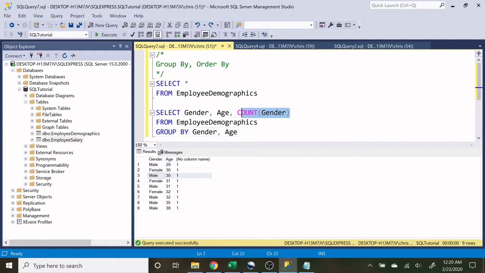Now, why did we not have to put this count of gender down here in this group by? That's because this count of gender is actually a derived field or a derived column. It's derived based off the gender column. So it's technically not a real column that's in the table. It's one that we're creating that's fictional, per se. So the age and the gender are actual columns that are in our table, so they have